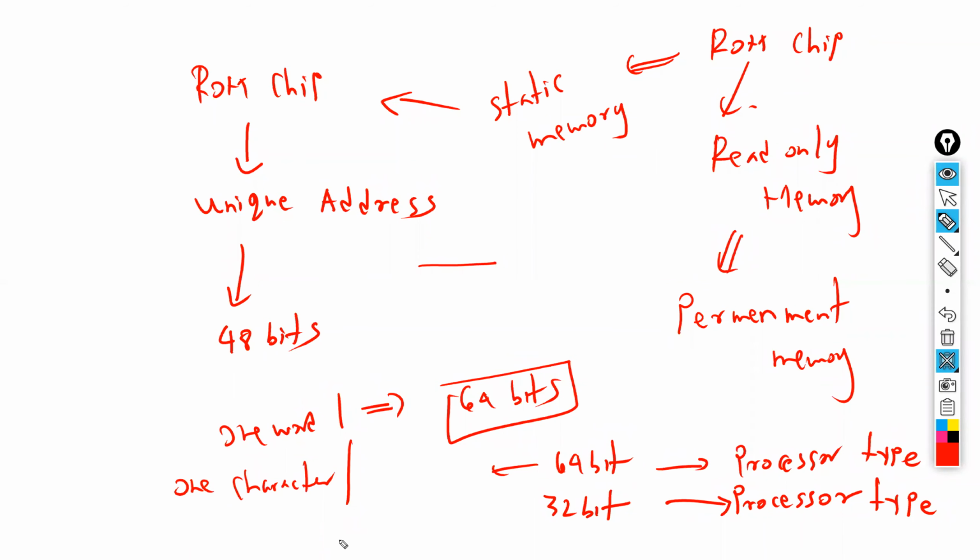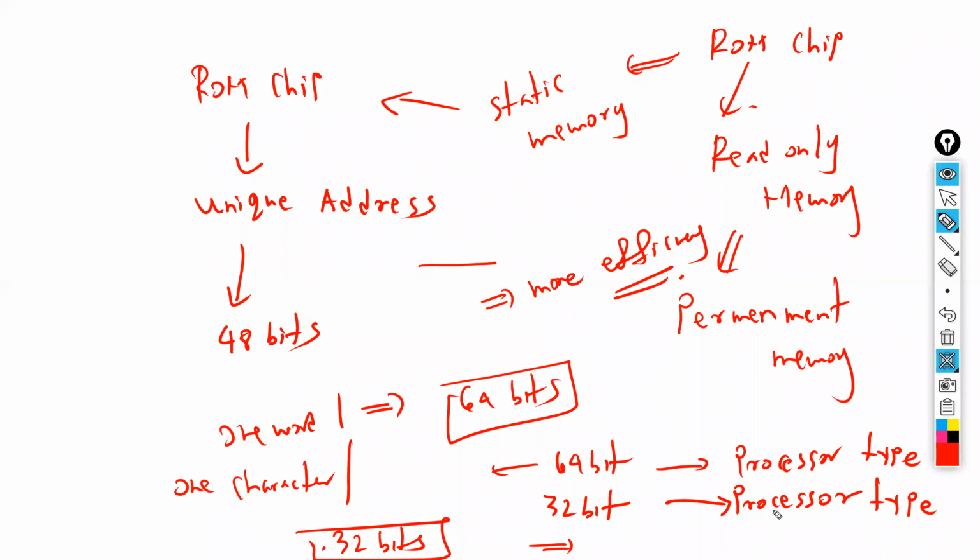Earlier, it was representing only 32 bits. If you have more bits, you have more efficiency. If you have fewer bits, you have less efficiency. So there are applications, and some applications only work with 32-bit. That means